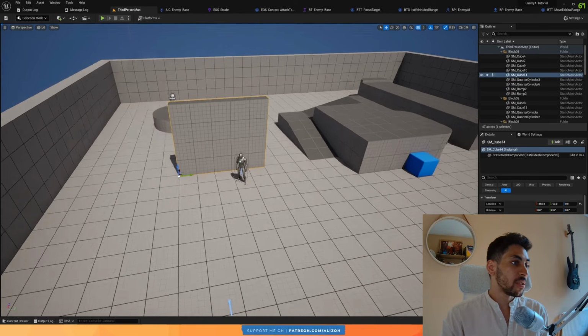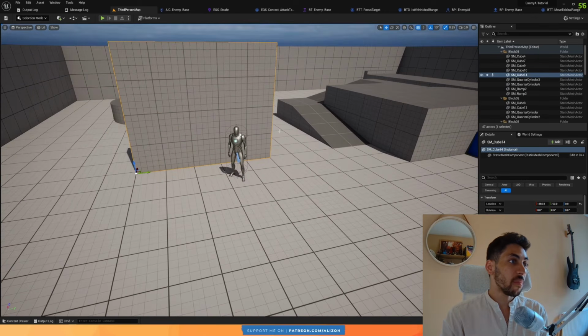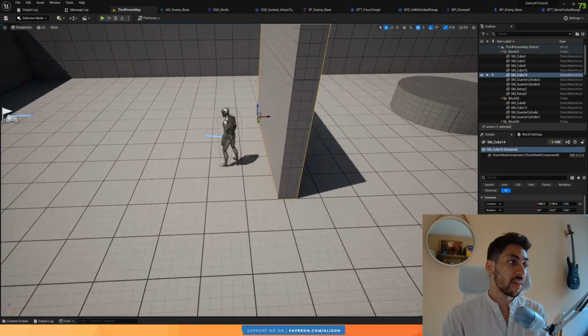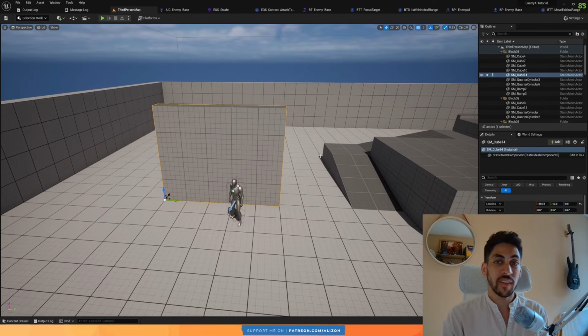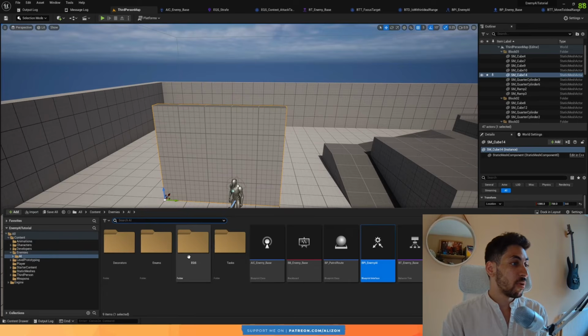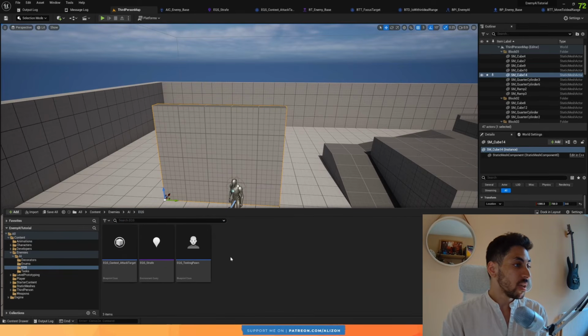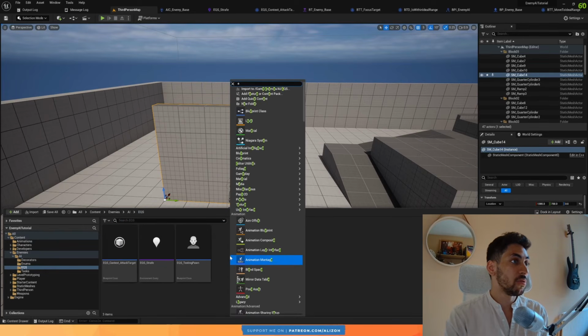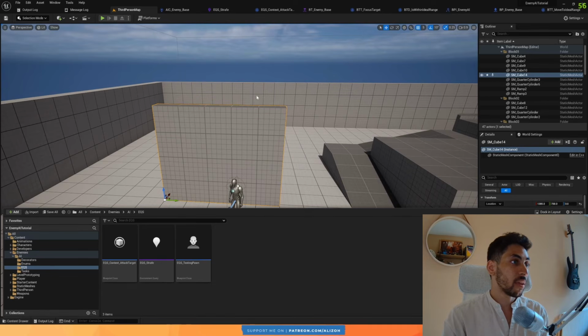So what I want now is for the enemy to hide behind this wall and then after a few seconds come out to attack me, just to show you how you can use the EQS system to create enemies that take cover. So jumping back to our EQS folder, let's right click and create a new environment query and call